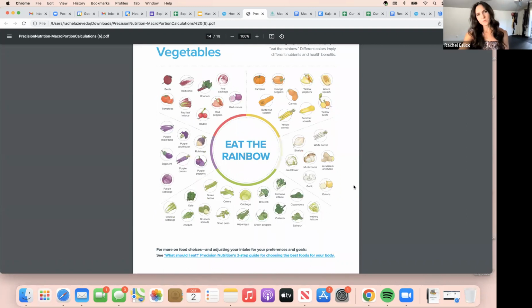Eat all the vegetables, eat the rainbow of vegetables. If it is a beautiful color and a vegetable, eat it. You probably need more of it. As a disclaimer, as we up our protein, a lot of times that will affect your digestion, especially if you're going from like 50 grams of protein a day to like 140. We want to also eat more vegetables so that our digestion can be regular and we're not getting super constipated from all the protein and not enough of the other stuff.